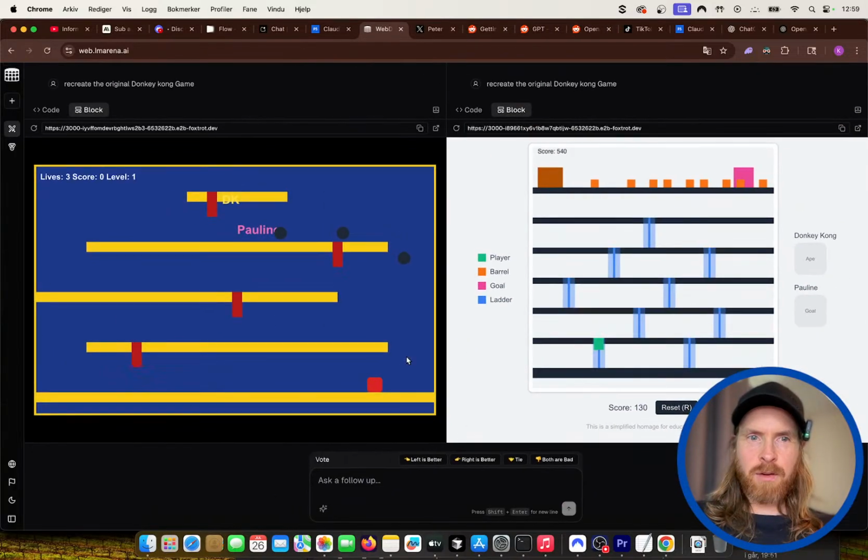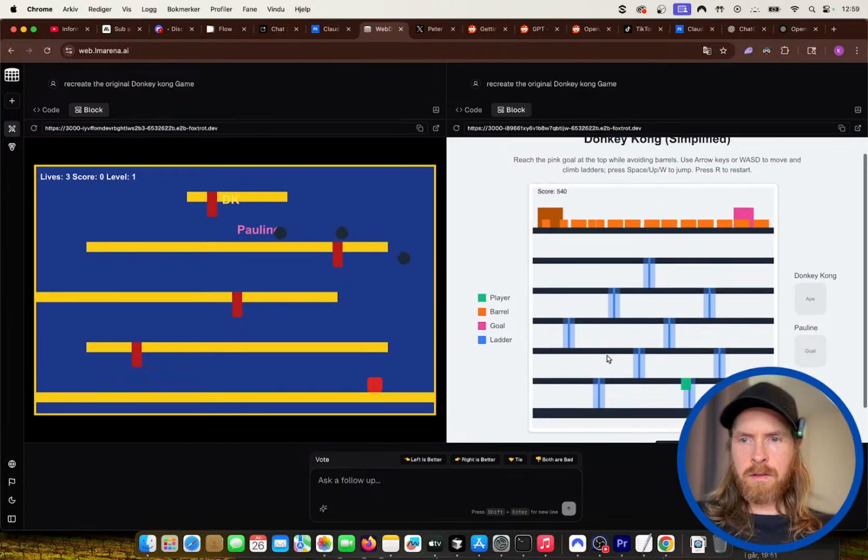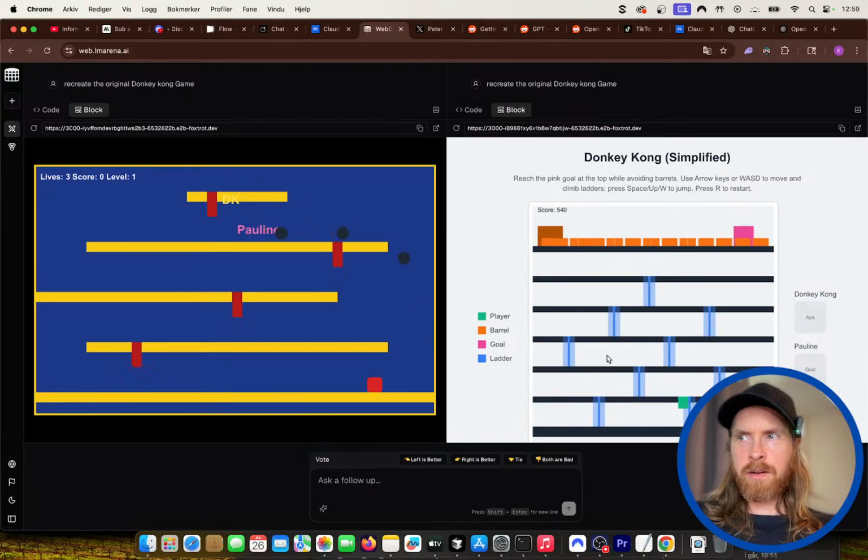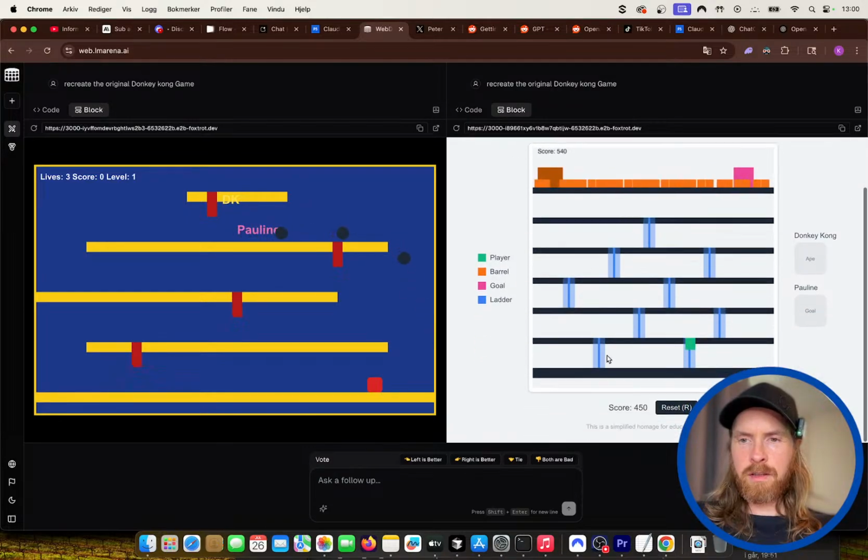Yeah, I'm gonna vote for the right one. Yeah, I can't pass the floor here. I'm stuck on the floor. But I'm gonna vote on the right one.